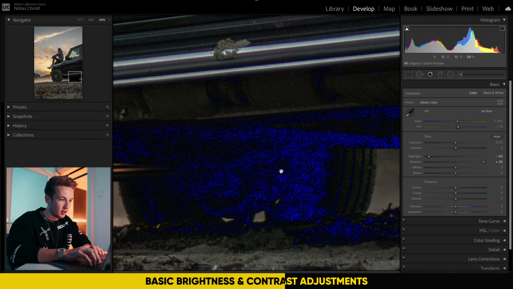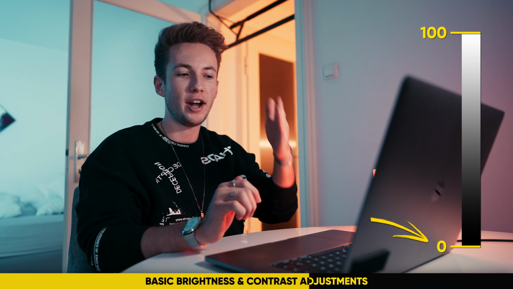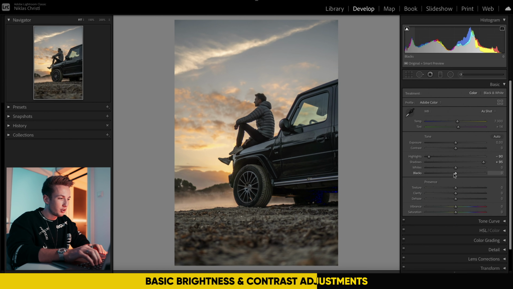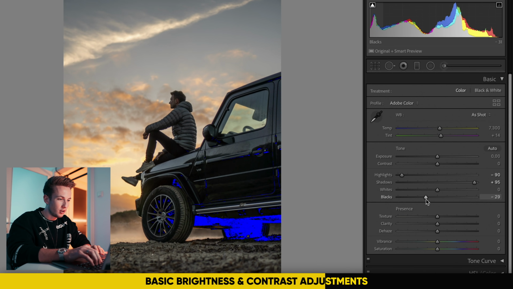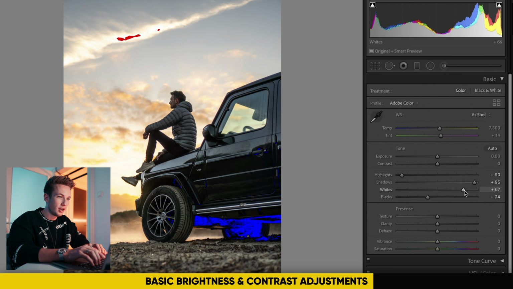You can already see it here at the bottom, which pixels are completely black. So there's no more information in these pixels because they're right at 0. And now I'm just going to bring down the blacks and I'm going to see, okay, something like that. I don't really need that detail in the lower parts of the image. I would rather have a little bit more blacks in the brighter parts. So something like that.